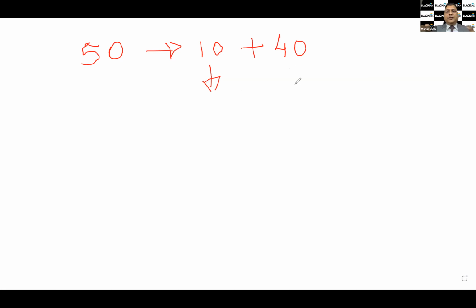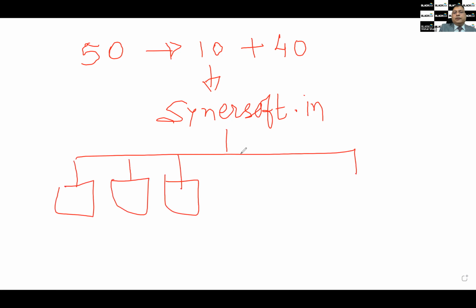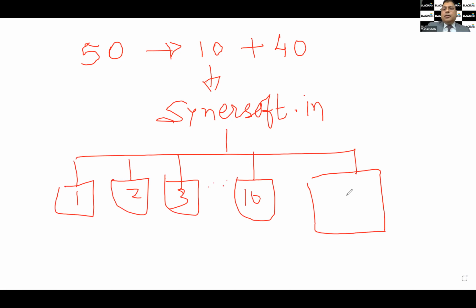So now the domain is the same. Let's say sinnershop.in. It could be your organization's domain. Here, what you can do is you can create 10 email boxes, 1, 2, 3, up to 10. And then you can create one email box as a catch-all account.